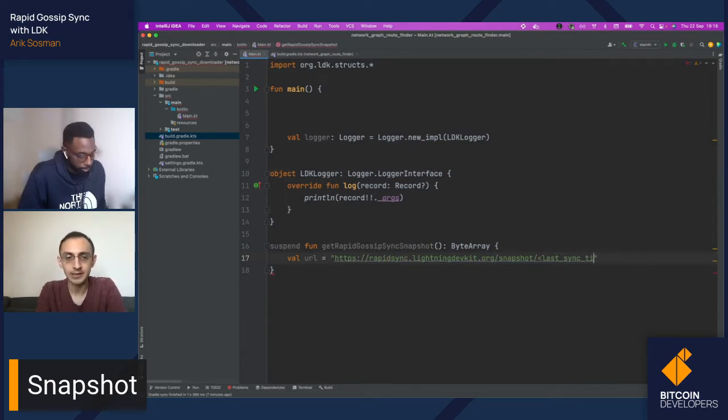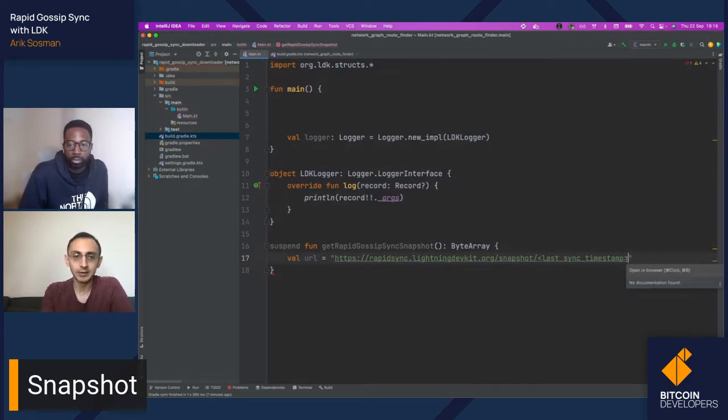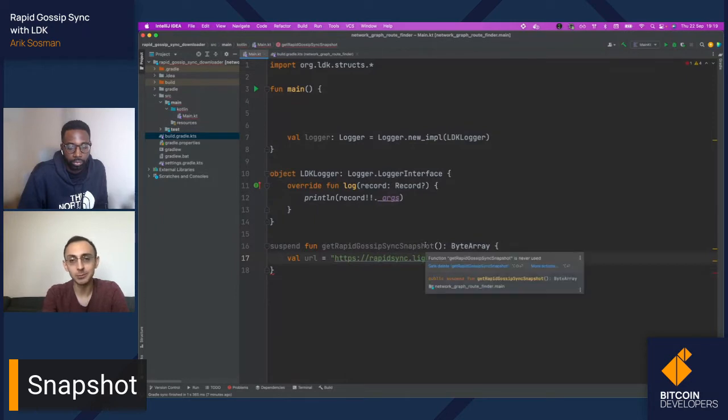Last sync timestamp is a parameter, and you pass in the timestamp you received from the last gossip snapshot that you have processed. If you have never processed a snapshot before, you just pass in 0. When you process a snapshot, it returns which timestamp you should be using next. It's all encoded in the binary.